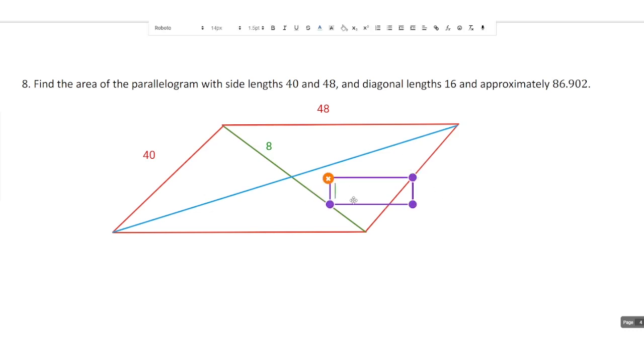And really, that's just for convenience's sake. I'm not even going to label this over here. I'm just going to label this 8 as being from here to here, because this is the side I'm going to use to find this triangle. So the other one is